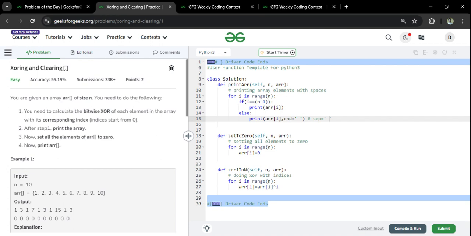The important points to learn from this particular question are how to pass the optional parameters to the print function. That is something important. Next is how to use the XOR function and what is the operator used for XOR. In this particular question, I'm not going into the depth of what is XOR. For that, you can please see my previous videos, because there I have explained it in depth. If you still want me to give a short overview of it,